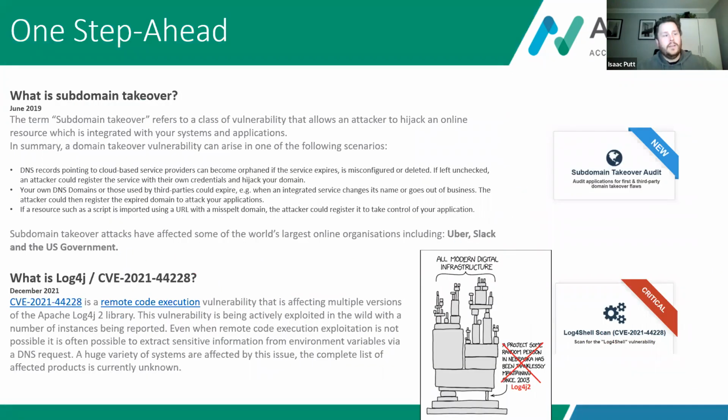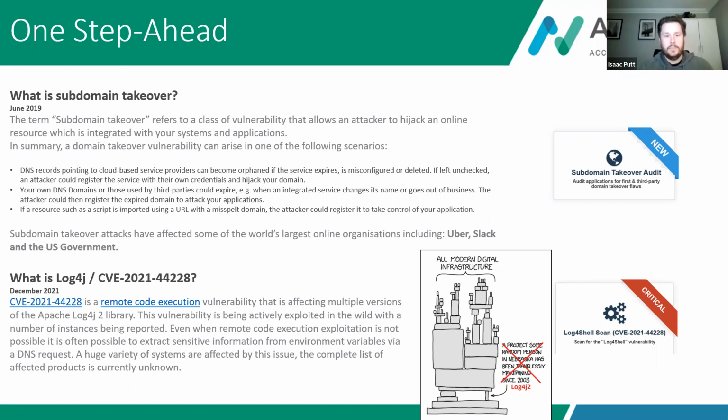So going back to the examples I shared earlier, such as the British Airways hack, looking at the JavaScript that they had in the corner of their screen as one example here, about how they were potentially exploitable and therefore, well, exploited to get through to the infrastructure. External resources and subdomains and anything connected, whether it be first or third party to your applications in any way, have been seen historically to be a really simple route for a hacker to identify vulnerabilities. And we've seen it with Uber, Slack, and even the US government.